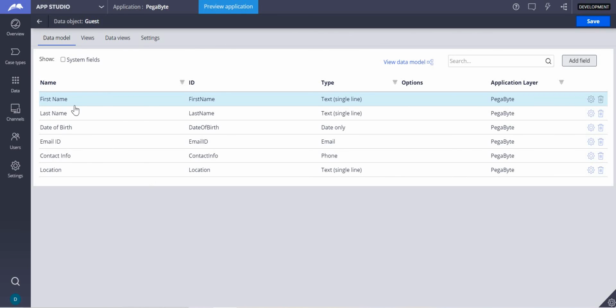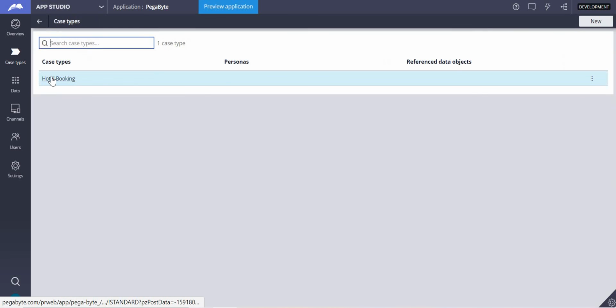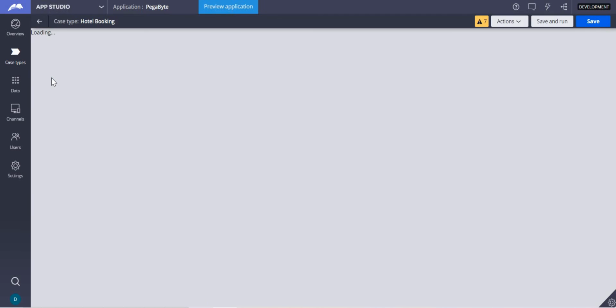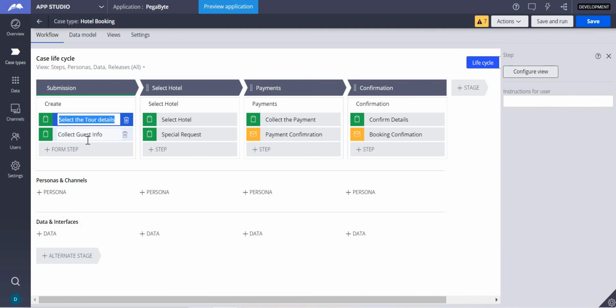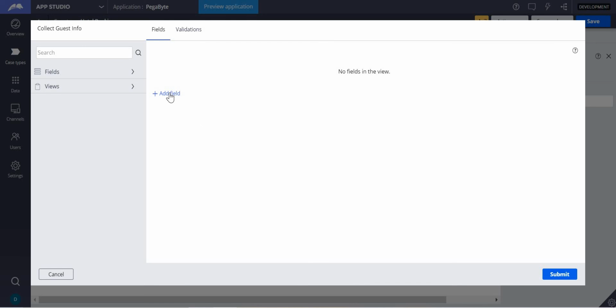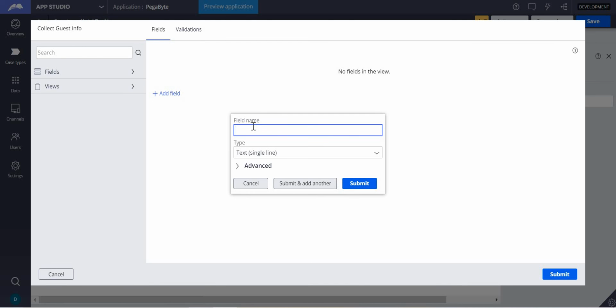Now we have to reuse this, right? To reuse this, I'll go to the data type and click on hotel booking. In the hotel booking, select the tour details we have done. In the collect guest info step, I'll click on configure view and add a field called guest info. Whenever I say guest info, it contains some other properties in it.